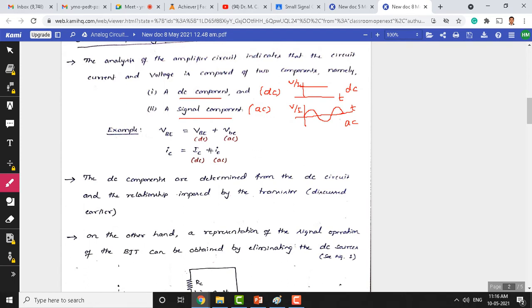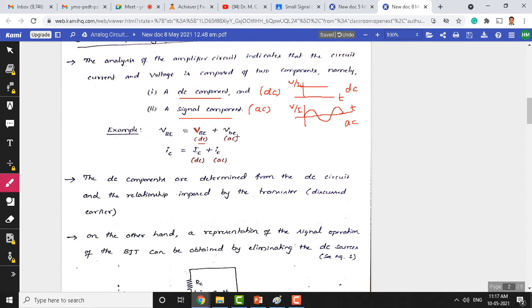Now let us have a look at a sample AC signal and DC signal that we apply for the amplifier circuit. At the input, between base and emitter of an amplifier circuit, if you measure the voltage, since the amplifier has both the AC and DC component, you can see that between the base and emitter there is a DC component which we indicate as VBE. This is uppercase, which tells you this is a DC component. Both are uppercase, you can notice V is uppercase and B is uppercase. So this shows it is a DC component here.